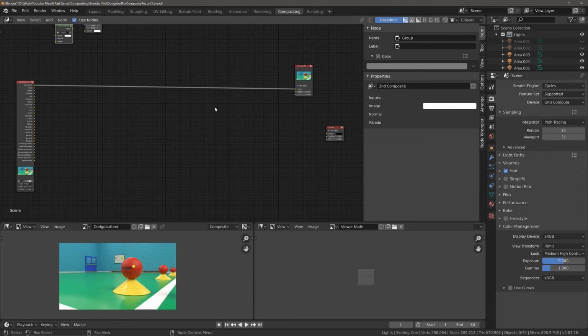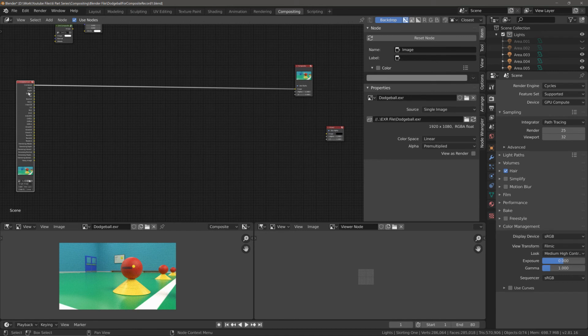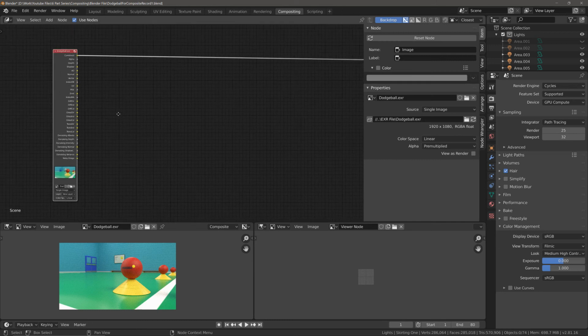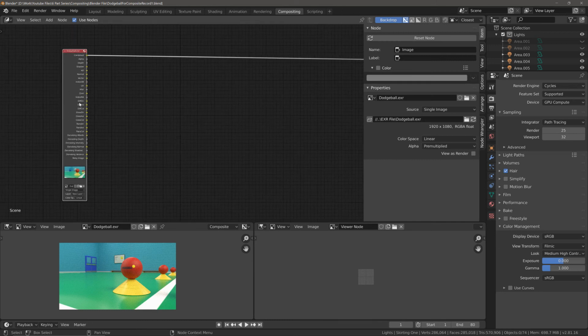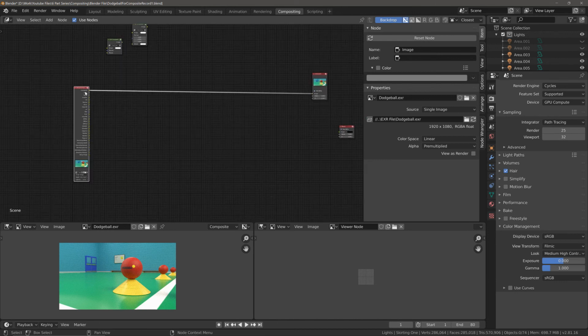And the next thing we're going to do is we're actually going to get rid of this dodgeball.exr. And the reason why we're going to just get rid of this entirely and replace it is because I have found that if we were to create an animation with this still attached to the composite, then what would happen is it would render every frame of our animation, but every frame would be the same as the first. It would basically take the first frame and render it over and over again,